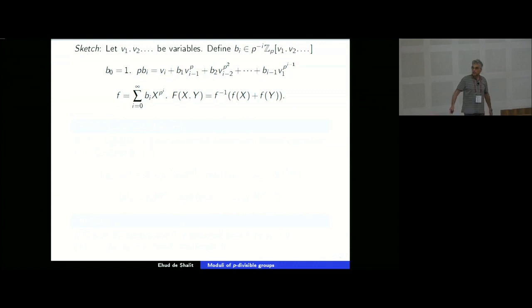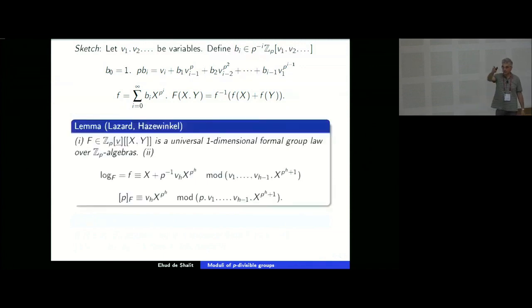Okay, so we've inverted P. I should have said that in characteristic 0, you always have logarithms, and at least one-dimensional formal groups are just G_a. There's nothing to say about formal groups in characteristic 0. But the funny thing, or the miracle that happens here, which is not such a miracle, is that despite the fact that you introduce denominators in these definitions, F has integral coefficients.